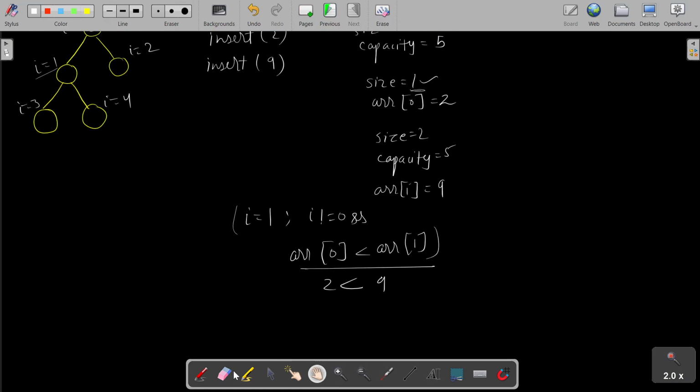So swapping takes place, and after swapping I becomes parent of I, so I becomes 0, right? The parent of index 1 is 0, right? And now the second time the loop runs, I is already 0, so this condition fails and the loop terminates. Okay, now